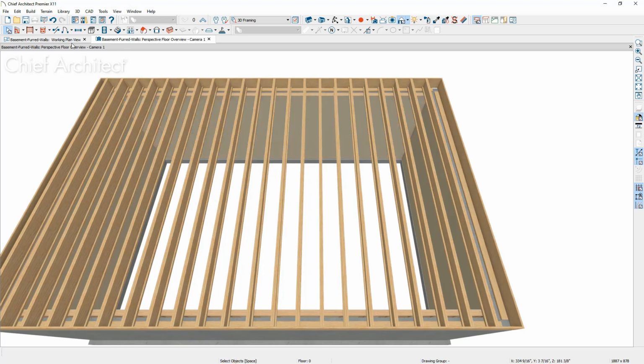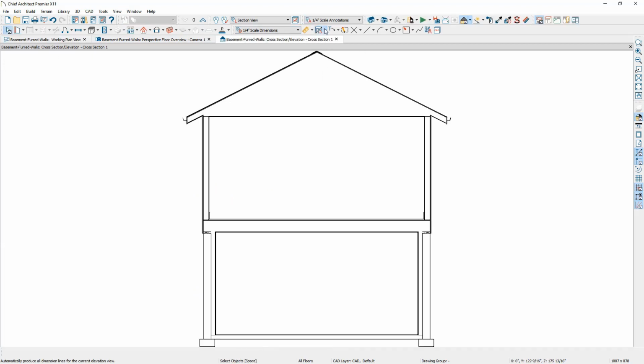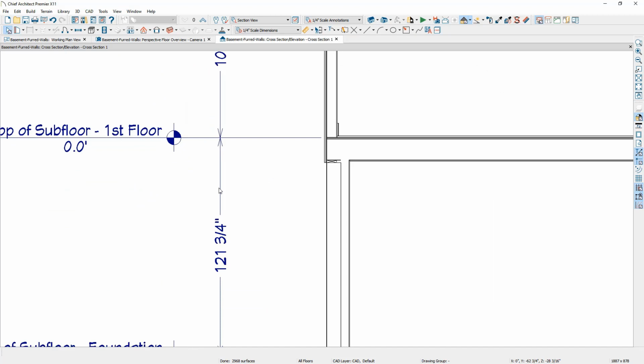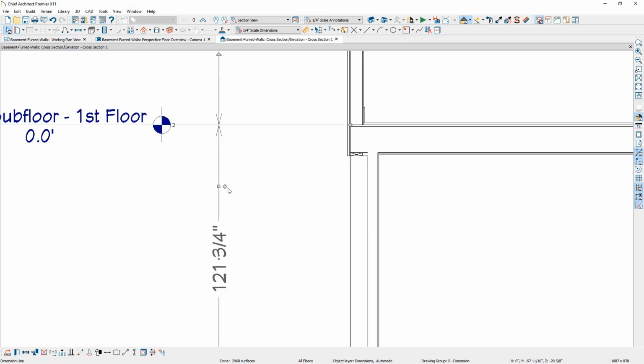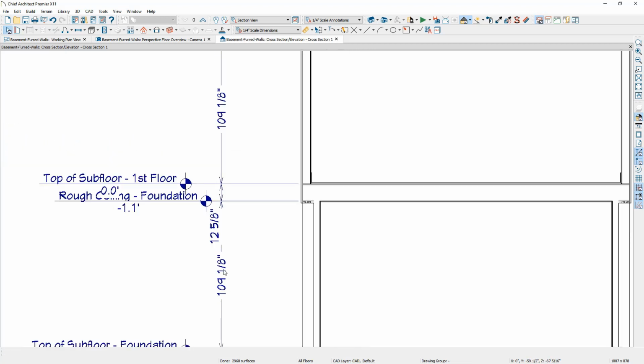Let's go in and take a section view. I'm going to use the back clip section view right through the center. And then, using the dimension tool, the auto story pull dimension tool, come in here and place the dimensions. Let's zoom in and add an additional dimension callout right at the top of this plate. Notice that our dimension is 109 1/8. That matches the floor platform above.